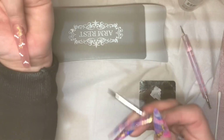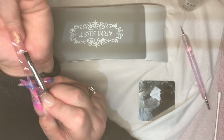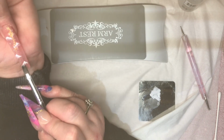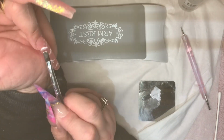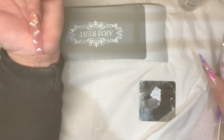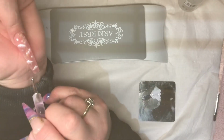This is a design that's kind of been round, I think it's coming full circle, because about this time last year you could see this type of nail art on social media posts. So I have seen one very, very similar to the nails that I'm doing, but I always like to add my own little touch to them. But yeah, the clouds are so popular at the minute, and as you can see they're very, very easy to do. So just in between the clouds I'm going in with a large dot